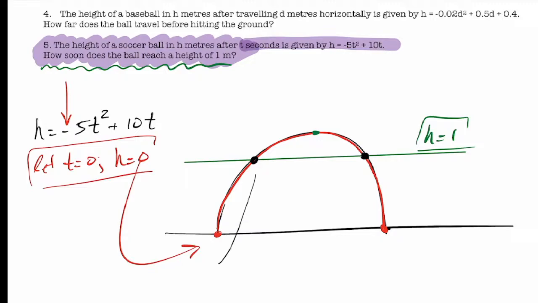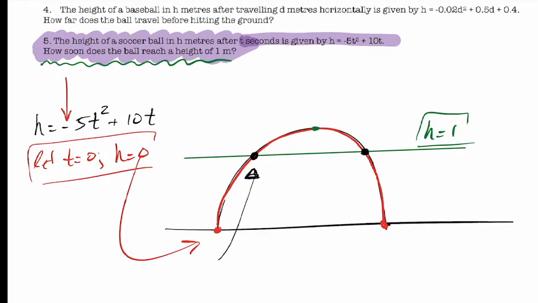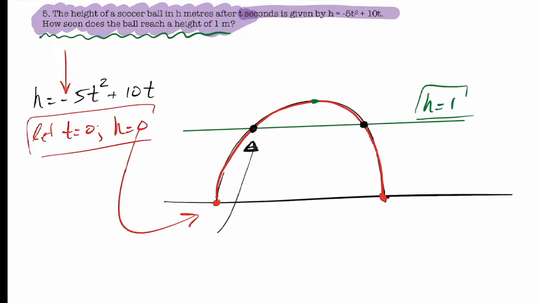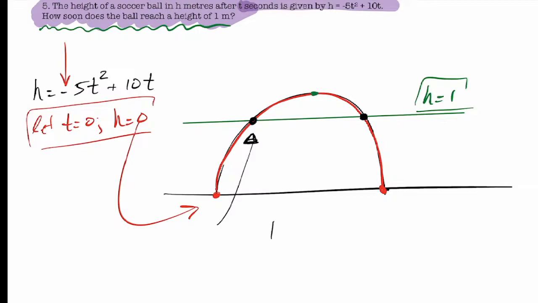In fact, you don't want the 2 points, you want the first point. You want to know, when does it hit 1 meter right on? When does that happen? Because that's what the question's asking. So you just set your height equal to 1 and solve this quadratic. So if I set height equal to 1,